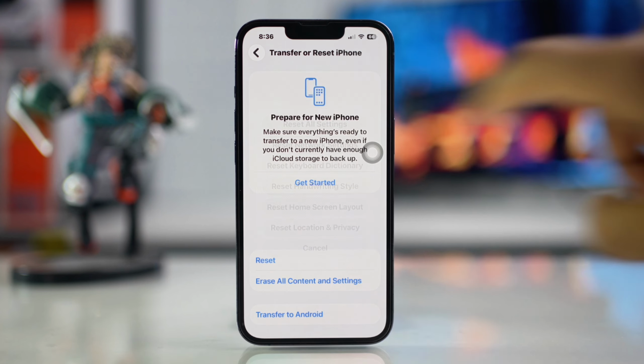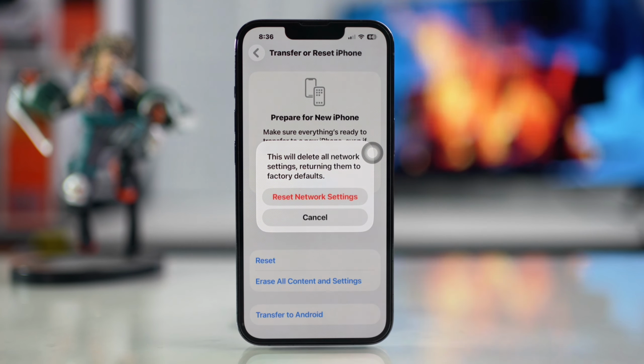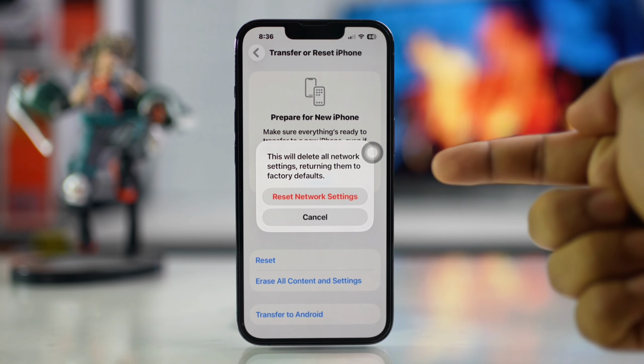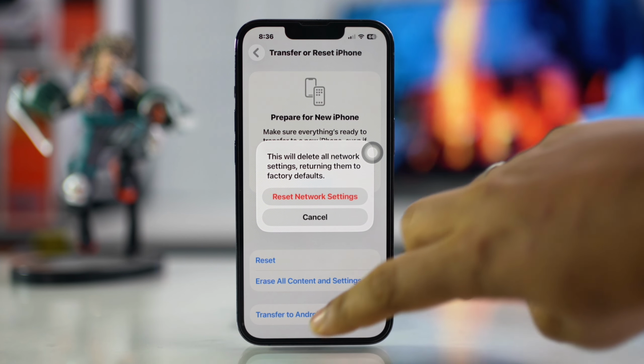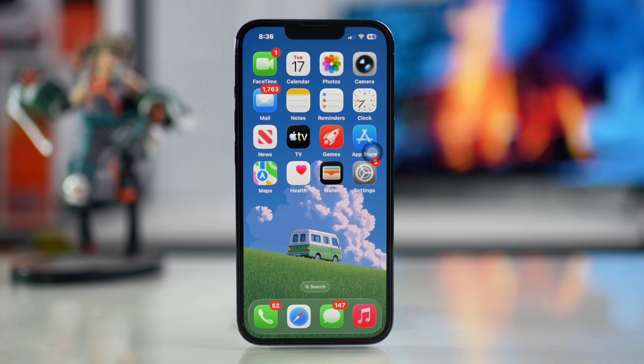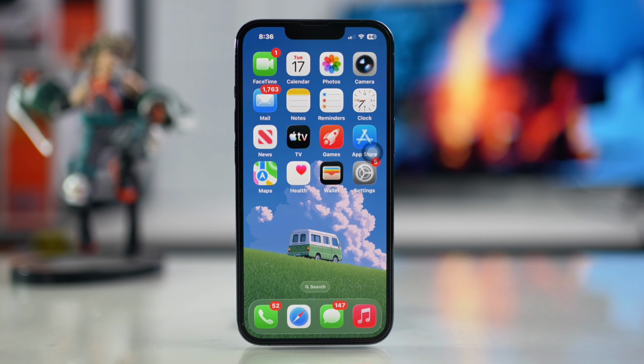Solution 5. Reset network settings. Grab your iPhone. Open Settings. Tap General. Scroll down. Then tap Transfer or Reset iPhone. After that, tap Reset. Now tap Reset Network Settings. This will reset settings like Wi-Fi passwords, but won't delete your data. Then enter the